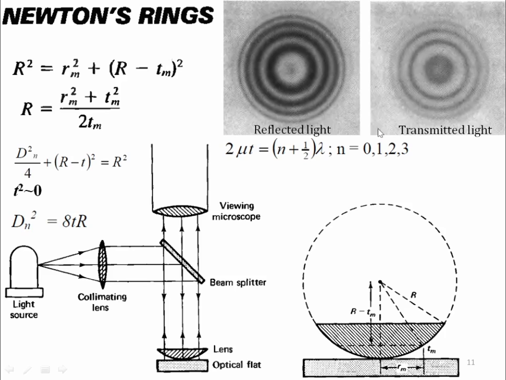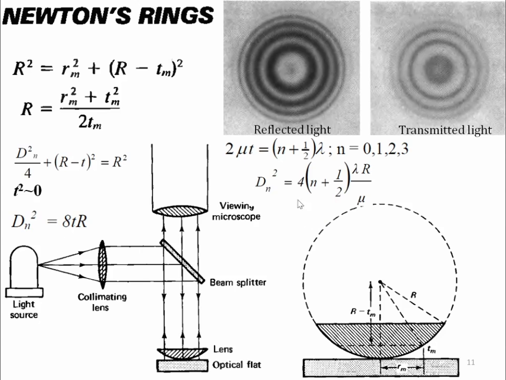Now we can apply this condition for maxima or minima, whatever we are looking at. This one is the condition for maxima, I think. So in that case we can actually measure the diameter of the nth Newton ring, and then put the value